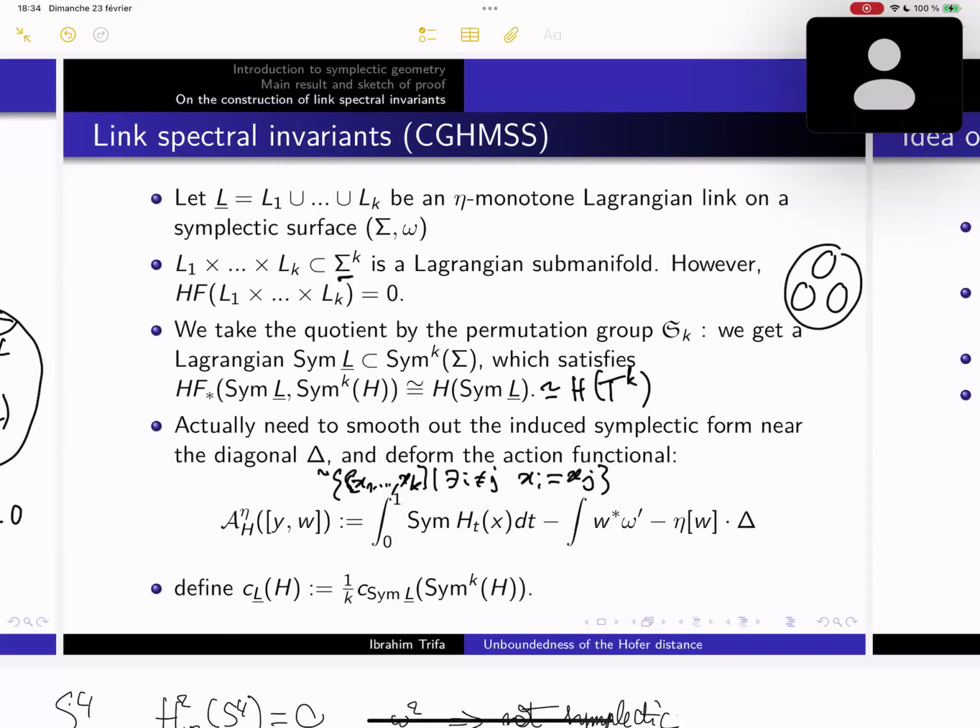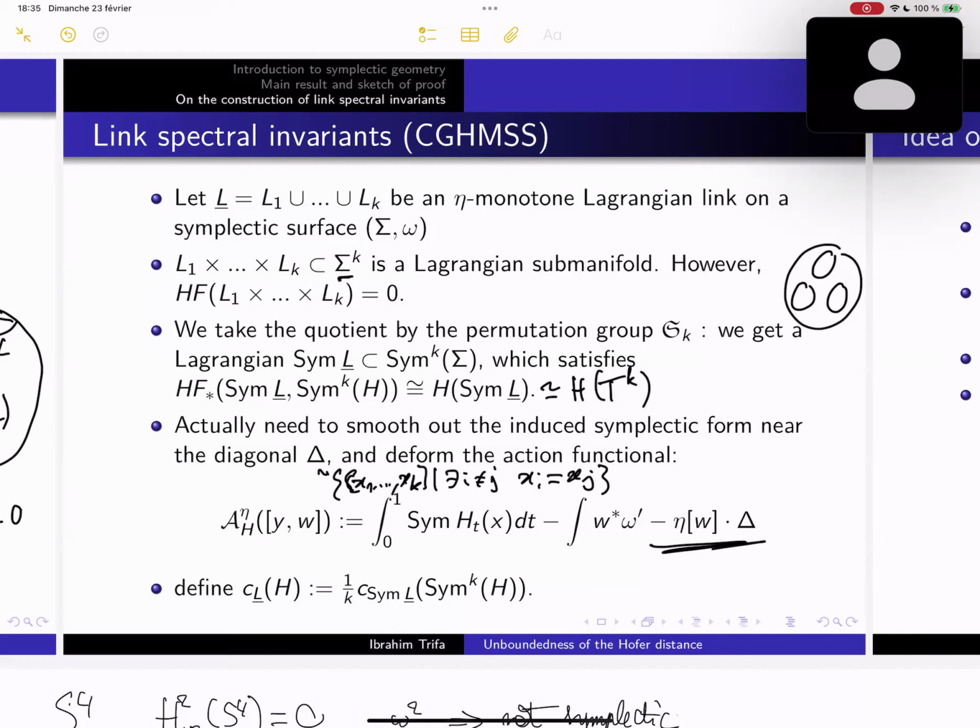This is done in more detail in the paper of Christopher Gardiner, Humilière, Mak, Seyfaddini, and Smith. This deformation of the action involves this parameter eta. So we had to subtract eta times the intersection product between the capping W and the diagonal. Then we can proceed and compute Floer homology as I described before, once we have deformed this action